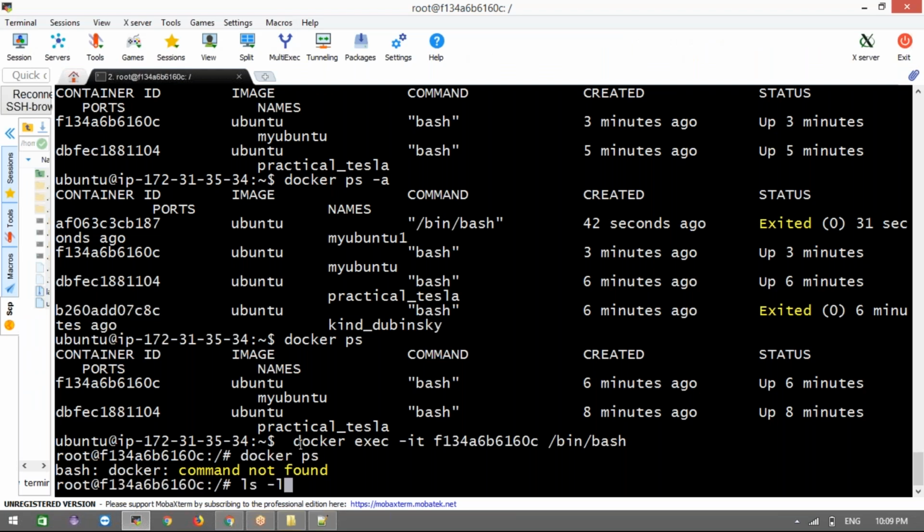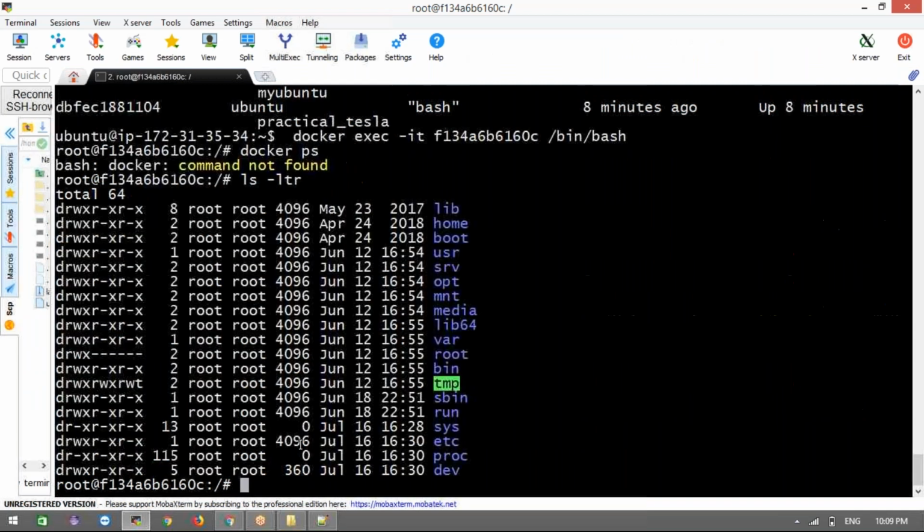Now see here, guys. Let me know whether the Docker software is there in this Docker container. We downloaded the Ubuntu Linux Docker image and ran it as a container. Now tell me, we are inside the Docker container. Is the Docker software installed in this container or not? Anyone know? Is Docker there or not?